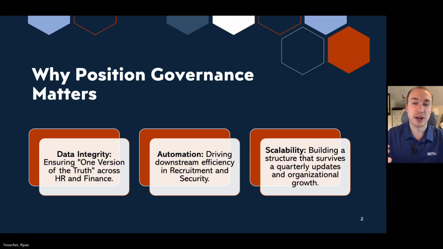And the first thing we're going to talk about is why it's important to have position governance. Now, I've lined up three different perspectives here. The first one is data integrity. If your positions are not governed properly, then there is a lack of trust in the data that you're seeing